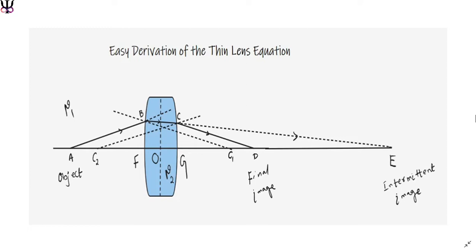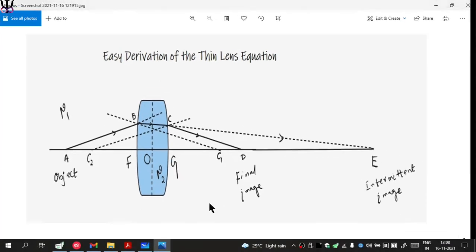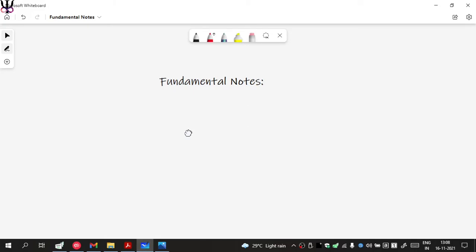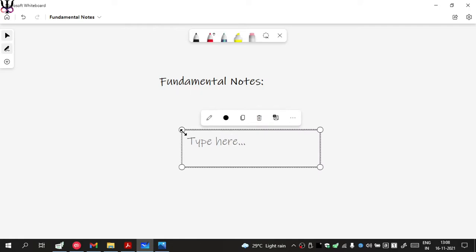So first of all, let us talk about the sign convention and the approximations involved, and we can call them the fundamental notes. If you are working along with this video, please make a note of these fundamental notes. First, I'll cover the sign convention. Don't use the scholarly sign conventions because there are a lot of things you might forget, and that would cause you trouble. So always use the coordinate sign convention. Let me write it down.